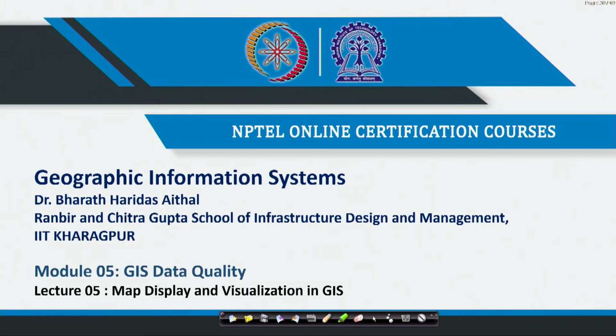This particular lecture is on map display and visualization. This is in terms of how we actually look at the maps, what are the ways that we have to use certain visualization techniques. When I say visualization techniques, these are the symbols that we use in the maps. What kind of symbols we use, how we use them, what different styles there are for representing different quantities, what different measures we use. All of these things we will learn in this particular lecture.